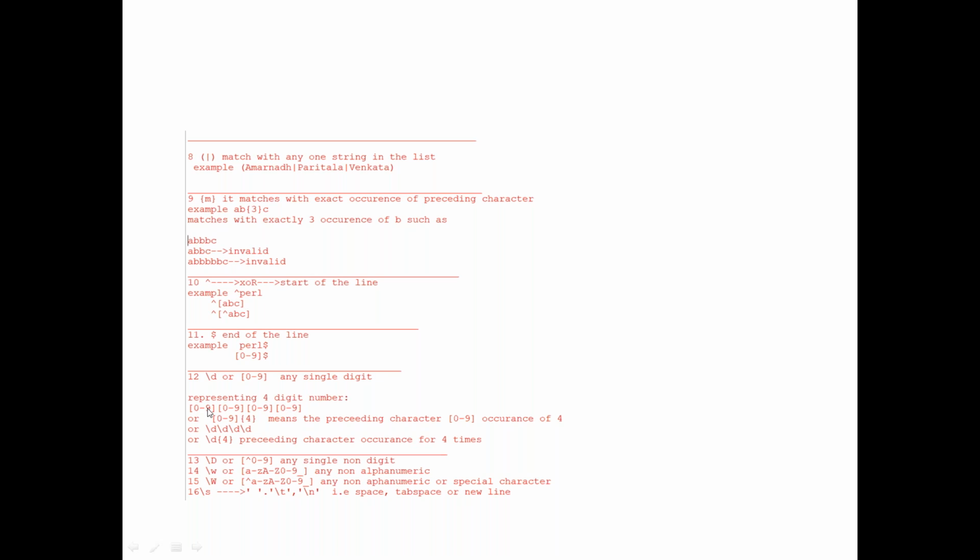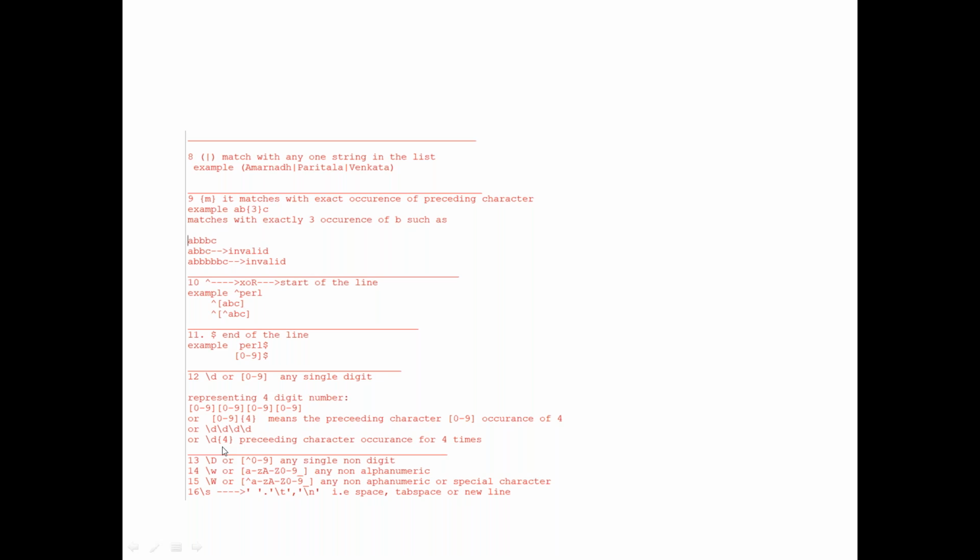So any number in the first position, any number in the second, third, and fourth position. So I have to give [0-9][0-9][0-9][0-9]. But instead of this, I can represent it in another way: [0-9]{4}, 4 times occurrence. This is one method I can give. Or \d\d\d\d, that way also I can give.